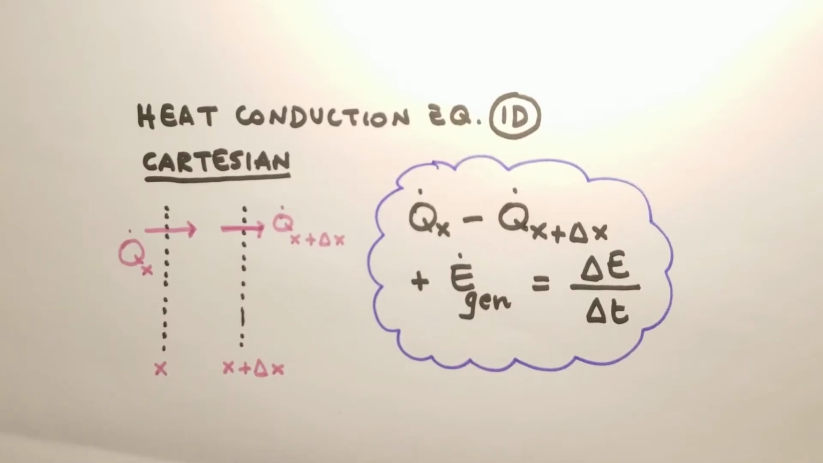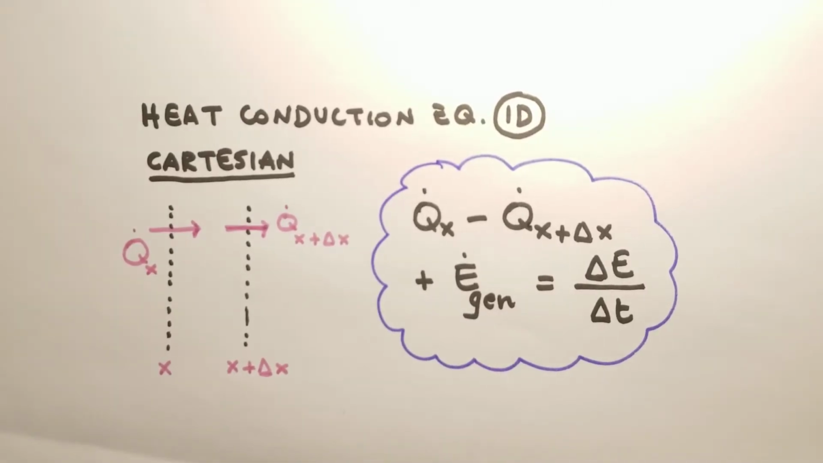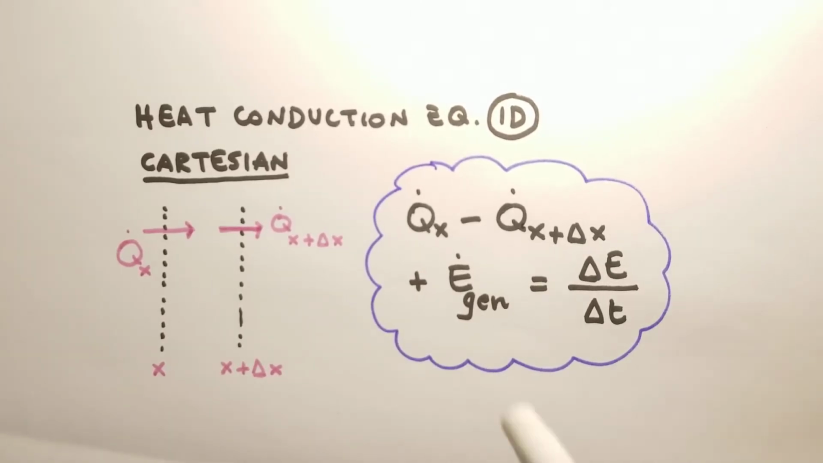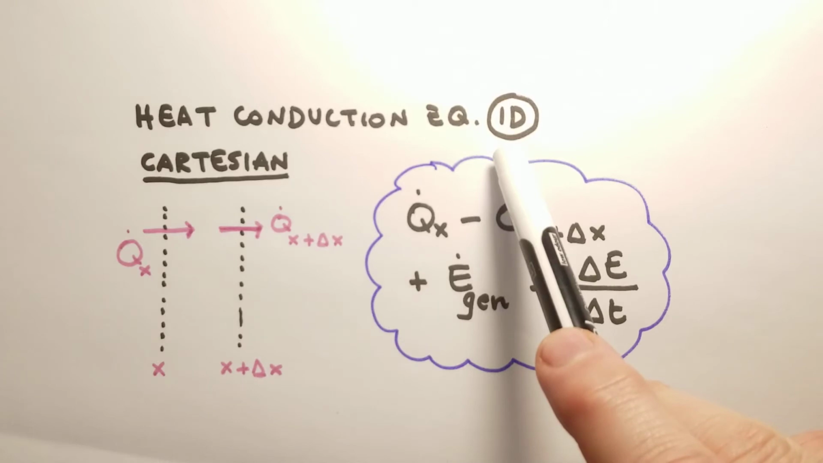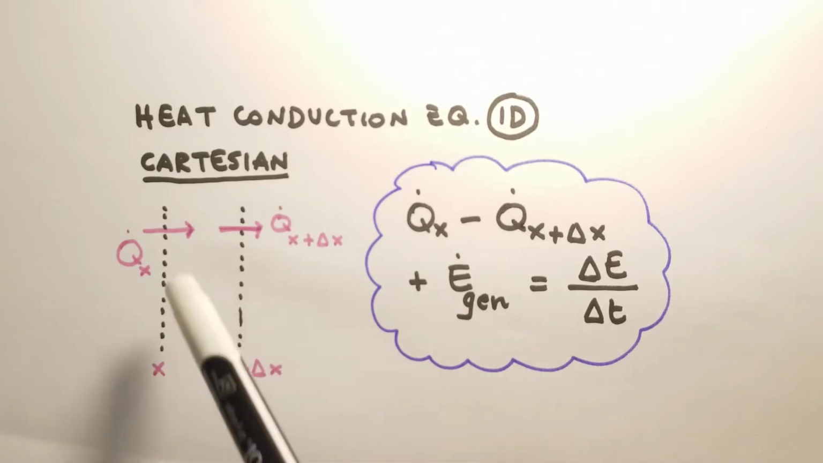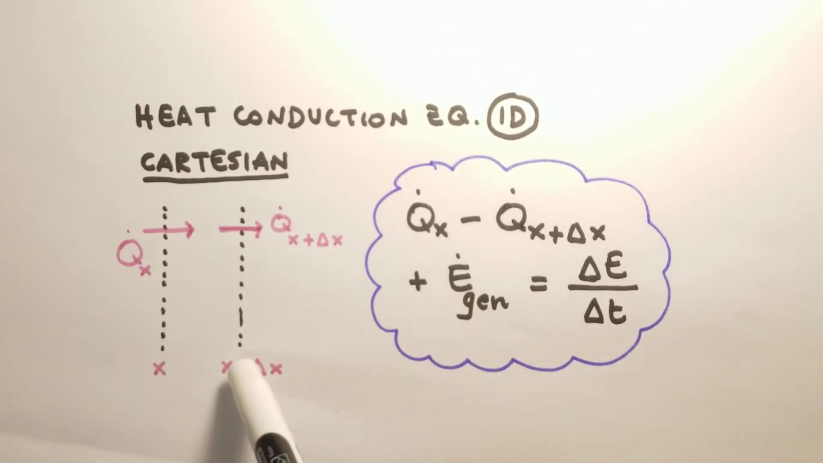Welcome to this new lesson of heat transfer. Last time we were talking about the heat conduction equation, and at the end we wrote it down in the case of one-dimensional geometry. So in this case we have, for example, a thin wall, so we can study the problem in Cartesian coordinates,